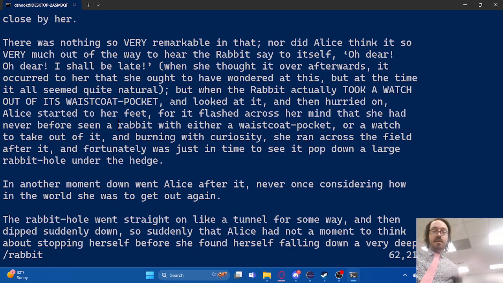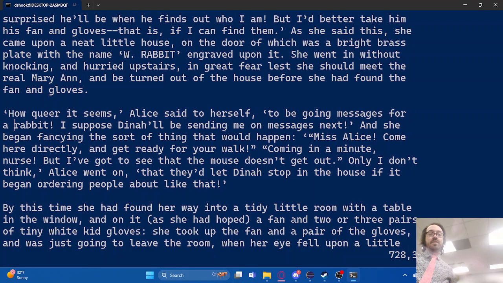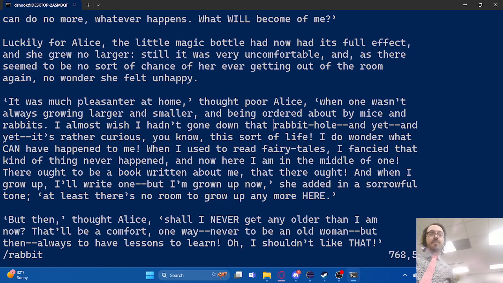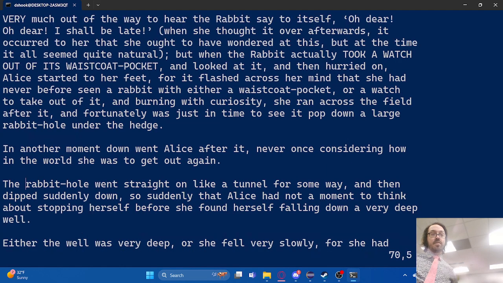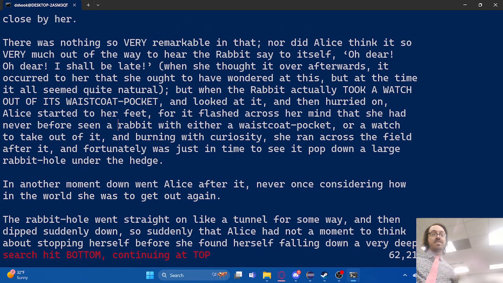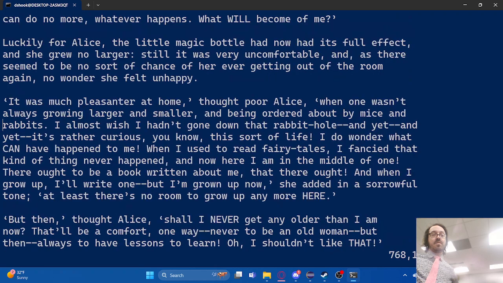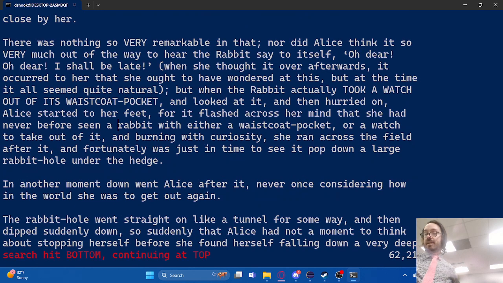So how do I get it to show me the next one? Well, if I hit the N key afterwards, it'll take me to every word every time that word appears. So N for next, and it tells me that it hit the bottom, starting over again at the top. So it actually doesn't appear in the text as much as I would have actually thought, but it is in the